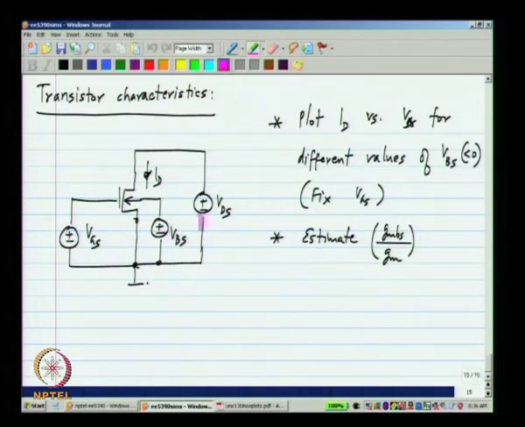And in addition to VGS and VDS, you know that the bulk source voltage also has an effect. So, for a fixed VGS you can sweep VBS and see, okay, because earlier I said that the bulk acts as another gate to the MOS transistor. You can verify using this exercise whether it is indeed the case.